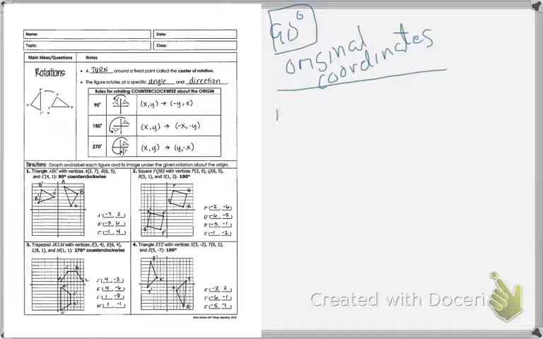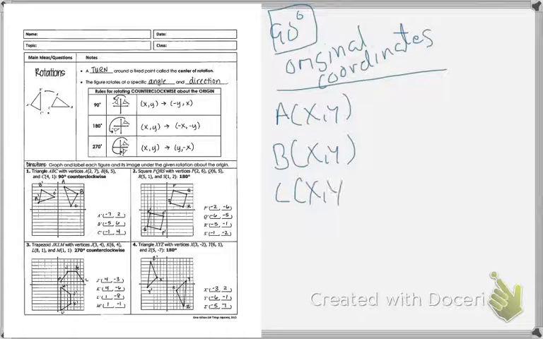Say it's a triangle, so you'll have coordinate A, it will be x comma y, and you'll have coordinate B, x comma y, and you'll have coordinate C, x comma y. So first step, if you're rotating 90 degrees, and we're doing 90 degrees only right now,